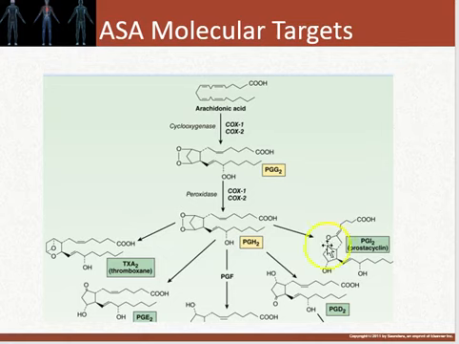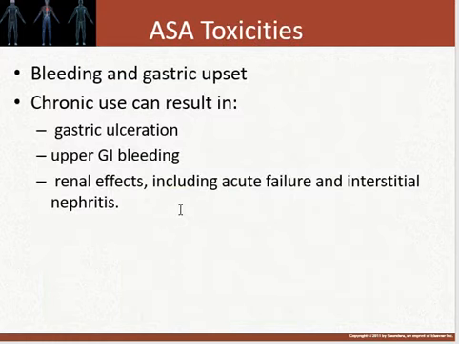Aspirin as a molecular target: remember back from biochemistry that arachidonic acid feeds into the cyclooxygenase pathway, and then these peroxidases convert some of these prostaglandin precursor molecules into thromboxane, as well as prostacyclin and some of these other prostaglandins listed here. And so aspirin has dramatic effects on many of these prostaglandins, as well as thromboxane.